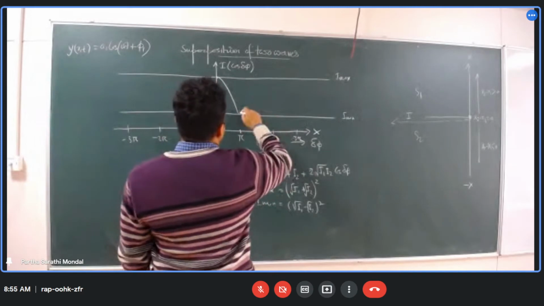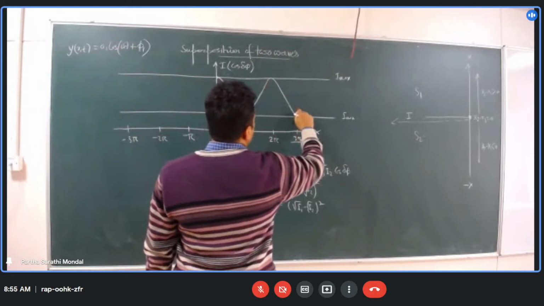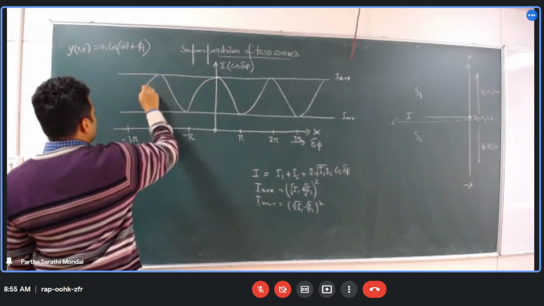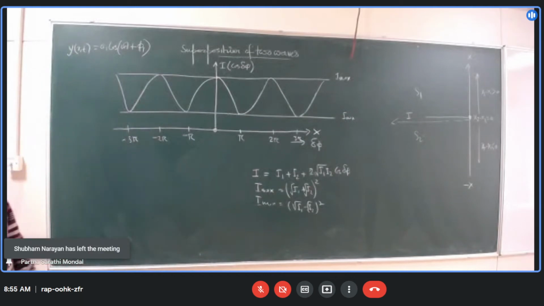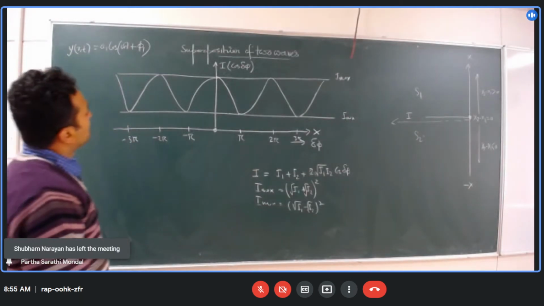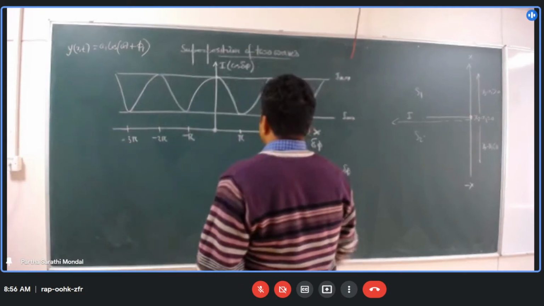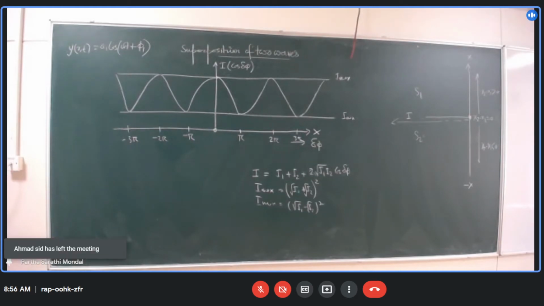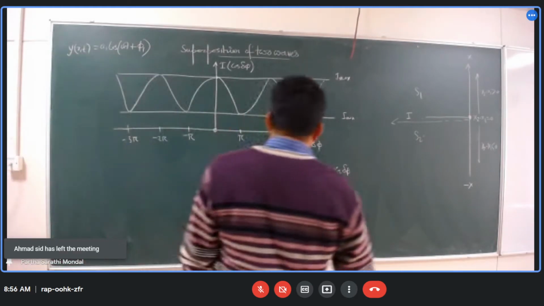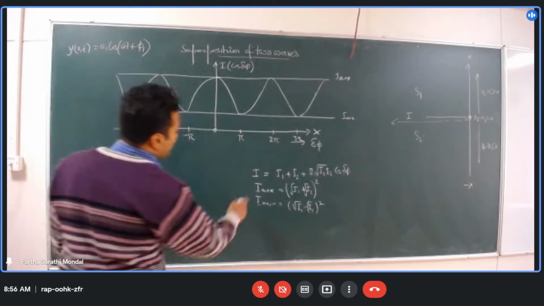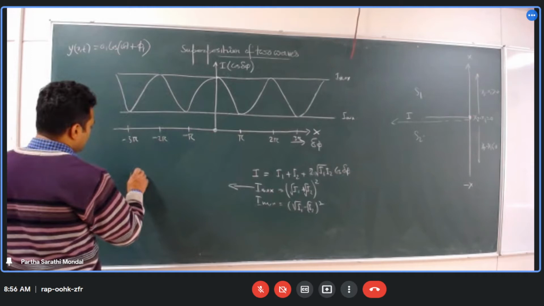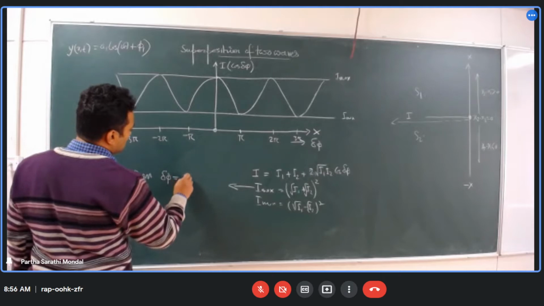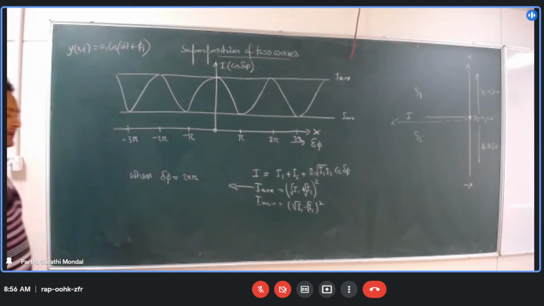Pi में 0 होगा, 3 pi में 0 होगा, like this. फिर minus pi में 0 होगा, minus 2 pi में positive, like this. So this is how the intensity pattern on the screen will look like. अच्छा, एक हम लोगों ने बताया कि you can change the maximum, और मैक्सिमम कब मिलेगा आपको? When delta phi equal to 2n pi, है कि नहीं?